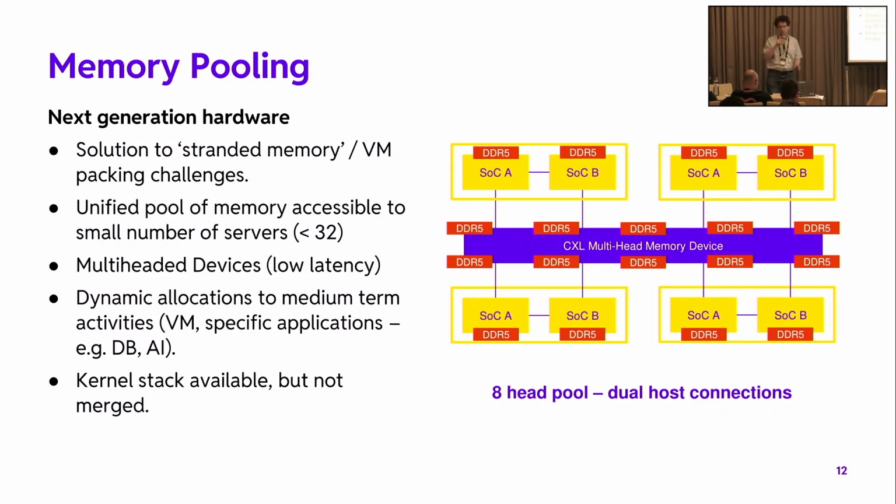They never want a fixed percentage of your server. They never want 25% of the CPUs and 25% of the memory. They want one VM with lots of CPUs and very little memory, and another with very few CPUs and masses of memory. And the reality is this means, and there's published data from, I think, Microsoft, that says something like 20% of the memory in their cloud is unused by anyone. They do some caching stuff with it, but fundamentally it's just not in use, which is crazy and